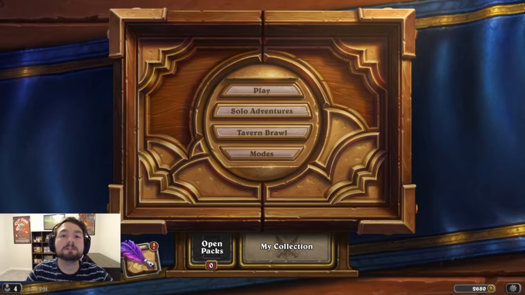We are fresh off the heels of patch 21.0.3, I think, which had a bunch of card nerfs in it. Is the meta any different? Some people are saying not really, that the nerfs didn't really do too much. But as always, we're going to dive in with some weird stuff and see what we can do for some